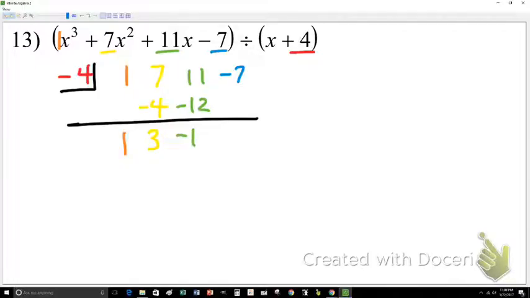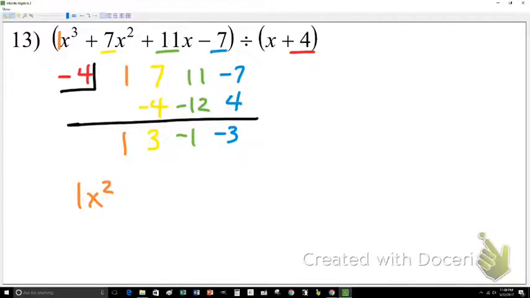And now we repeat the process one more time because we only have one more number left there. So we take negative 1 times the negative 4 in the box. We get a positive 4. We add, and we get negative 3 as our remainder. Okay, so our end result here is 1x squared. Let's make this color coded. So we have 1x squared,